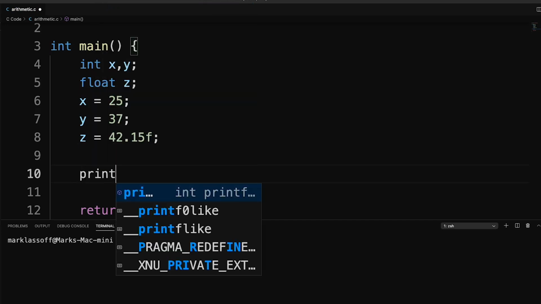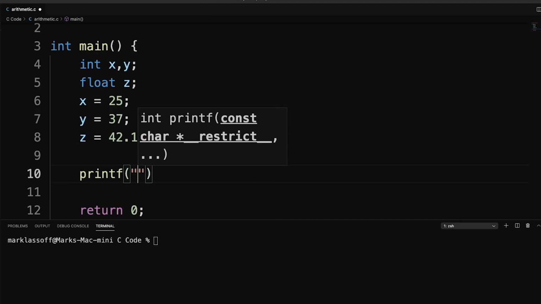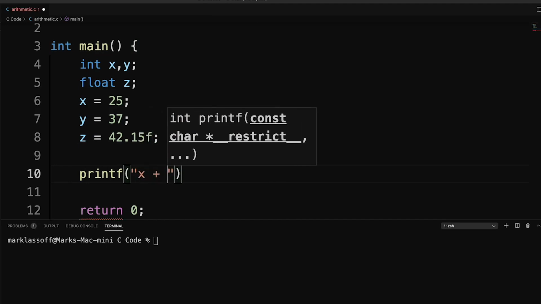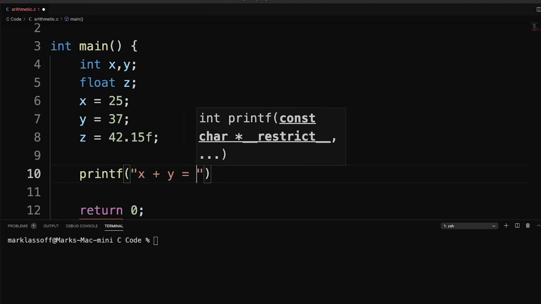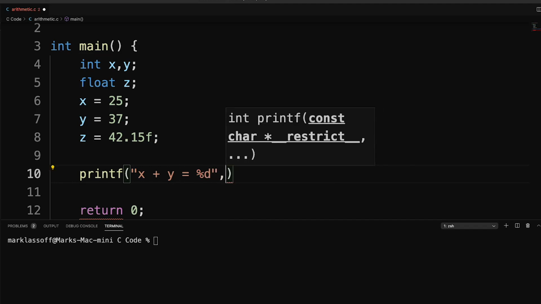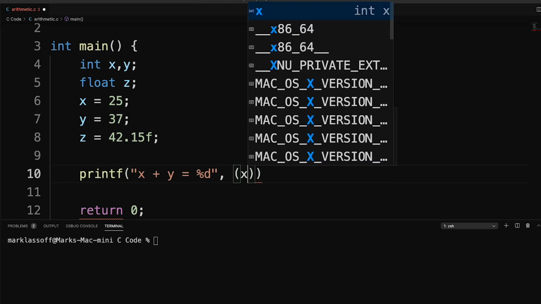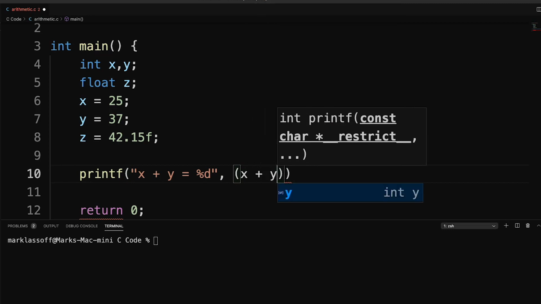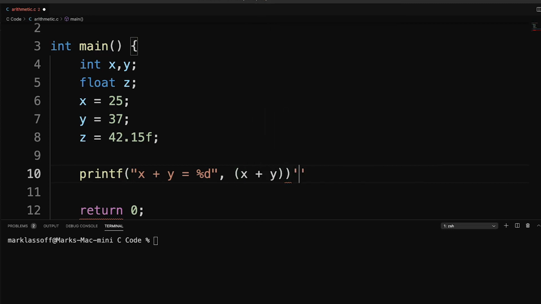The first one will be addition. And what we'll do is we'll simply add x and y and output the result. So since this will be an integer, we're going to use %d. And then we'll simply use x plus y here. So the plus in that expression is our operator, and it signifies addition.